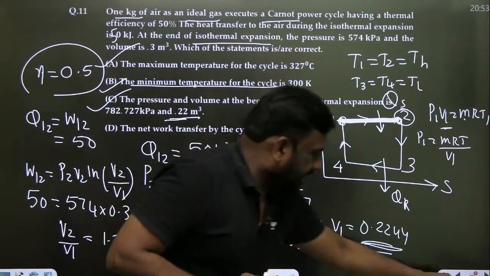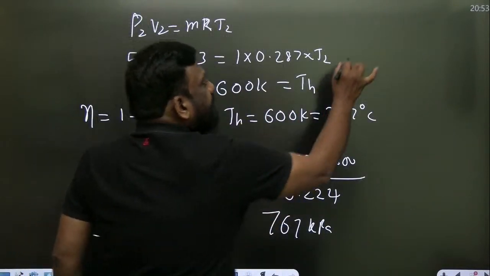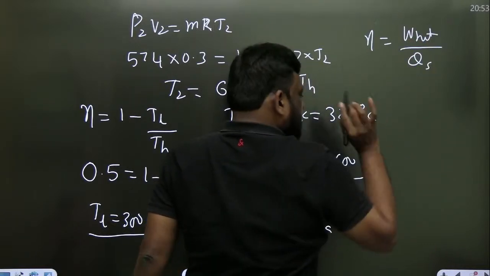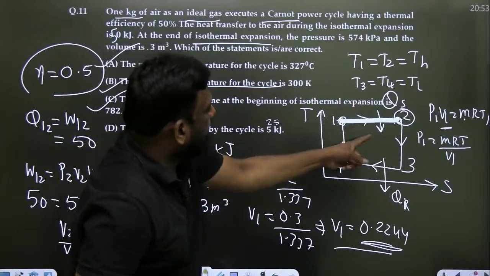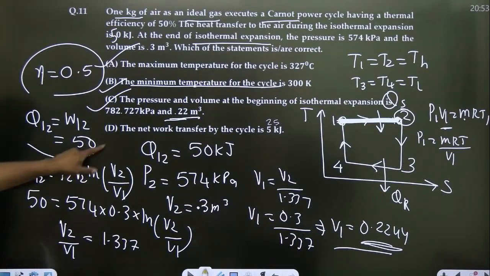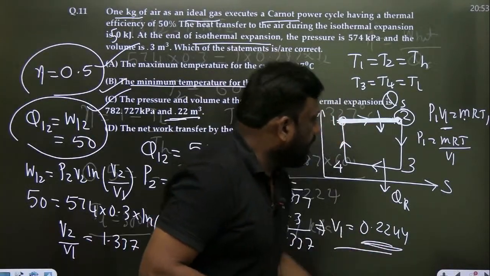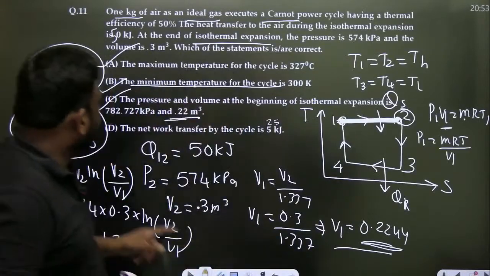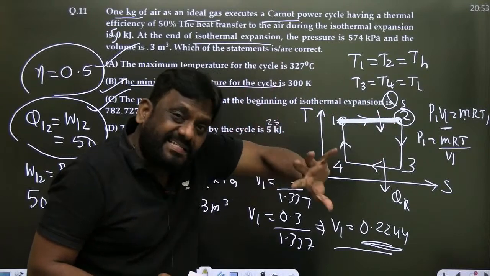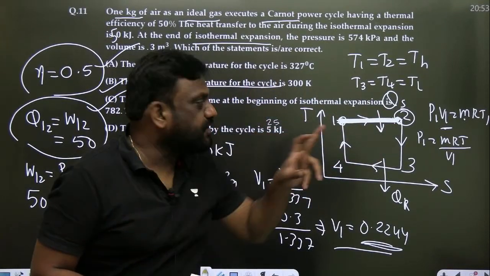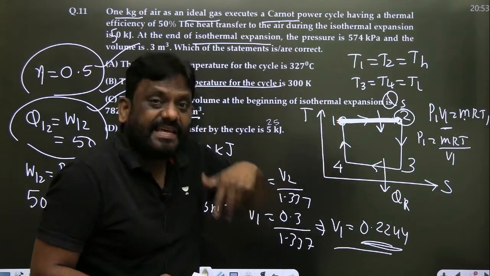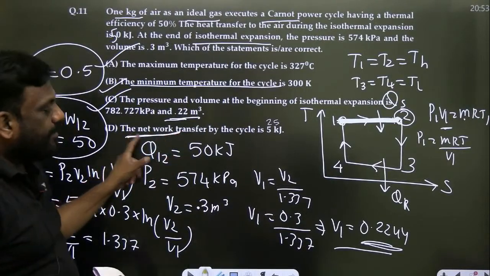और एक बात पूछा है सर, वो क्या पूछा है सर? हाउ मच हीट इज सप्लाइड, नेटवर्क भी पूछा है सर. हाउ मच एफिशिएंसी इज इक्वल टू नेटवर्क बाय हीट सप्लाइड. ठीक है सर. हाउ मच हीट इज सप्लाइड, ऑलरेडी ही गिव इन 1 to 2 देयर इज अ हीट सप्लाइड. What is the heat supply given? It is 50. सो देयरफॉर बट कंफ्यूज हो गया सर वर्क इज 50 ना. For 1 to 2 heat transfer work transfers are same. It is 1 to 2 work है, लेकिन यहाँ पे compression है सर. So there is a input. He is asking net work मतलब cycle work.